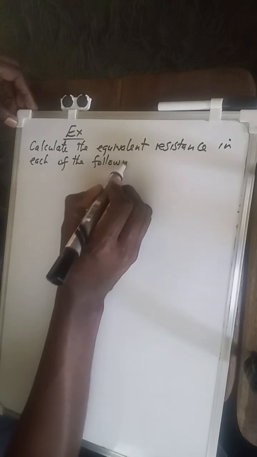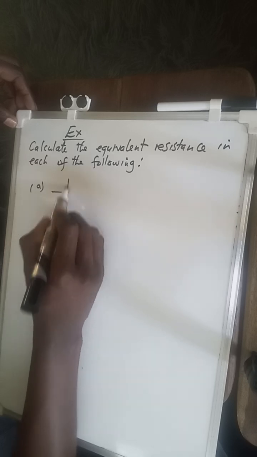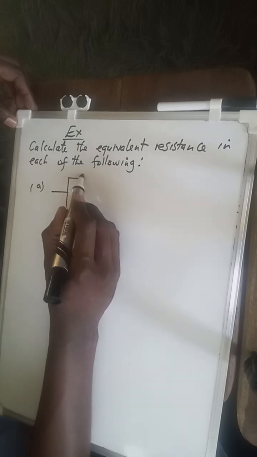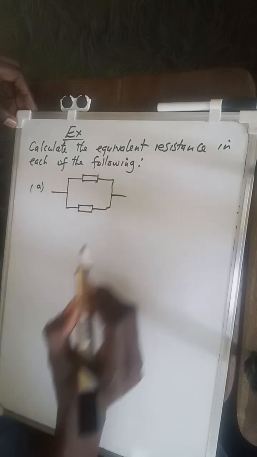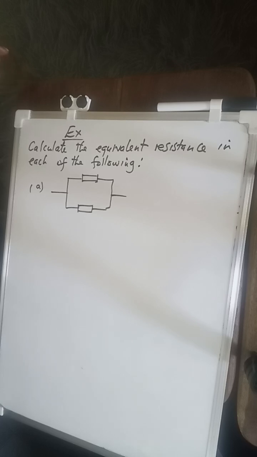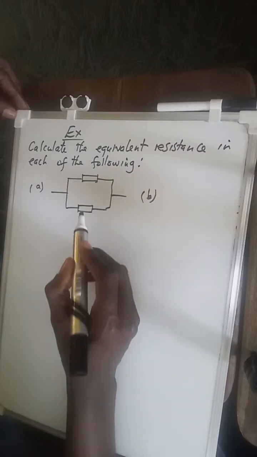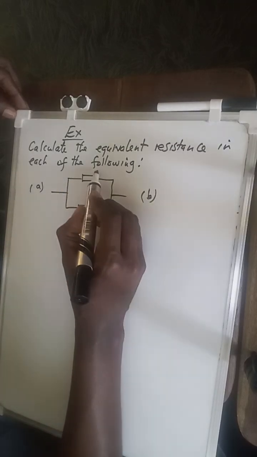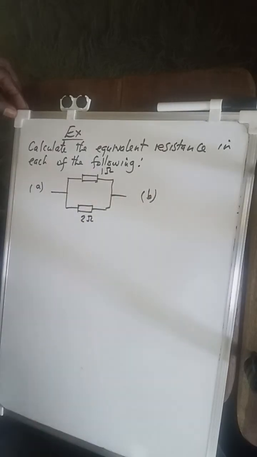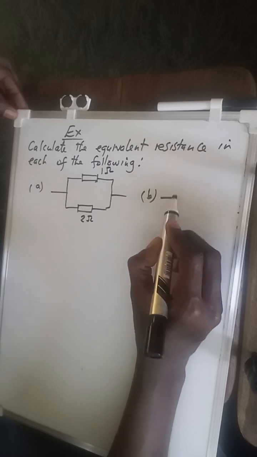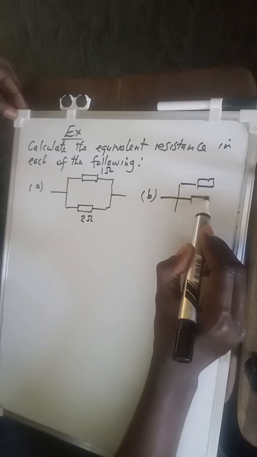Let's say in A, we have the first one, and in the second one, let me say that this is a 1 ohm resistor, and this is a 2 ohms resistor, and in the second one, let's say that we have 3 resistors that are arranged